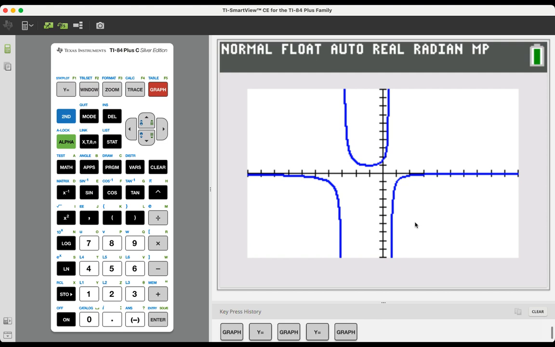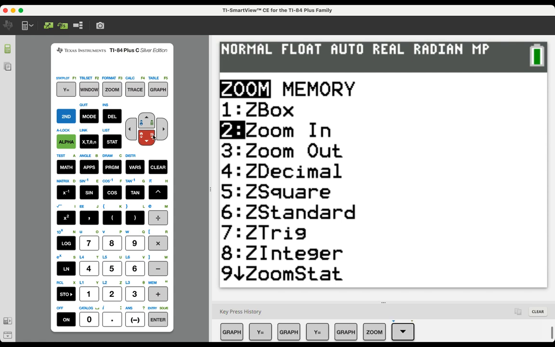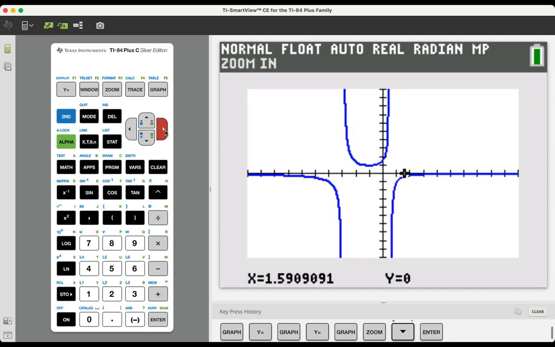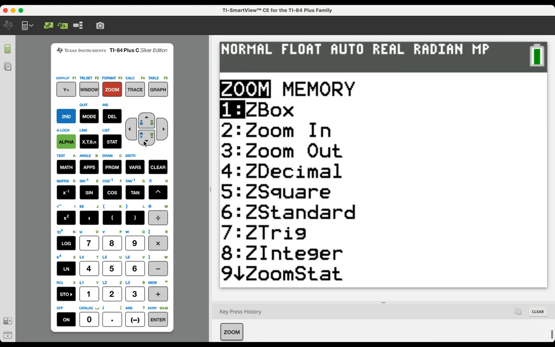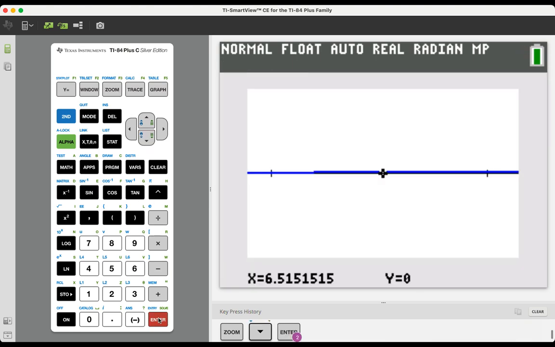Not to be confused with a vertical asymptote is a horizontal asymptote, which describes the end behavior of a rational function. While it looks like these two outside parts, these two end behavior sections of the rational function, go up and meet the x-axis, they do not. They are getting so close to the x-axis that the calculator is unable to show that there is a difference between them. If we were to zoom in on the locations over here, where it looks like that blue rational function is touching the x-axis, and we would continue to zoom in on those locations,